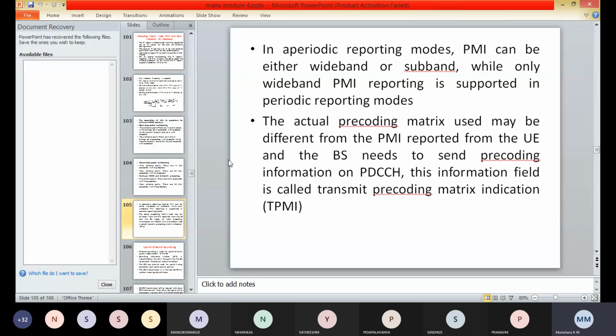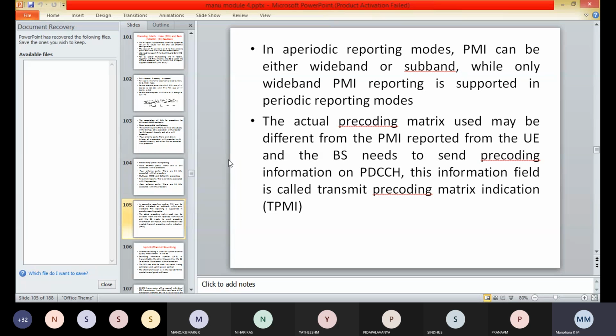This information field is known as the transmit precoding matrix indication, that is TPMI, which is contained in the DCI format 2 for the closed loop spatial multiplexing, with 3 bits for 2 transmit antennas and 6 bits for 4 transmit antennas.